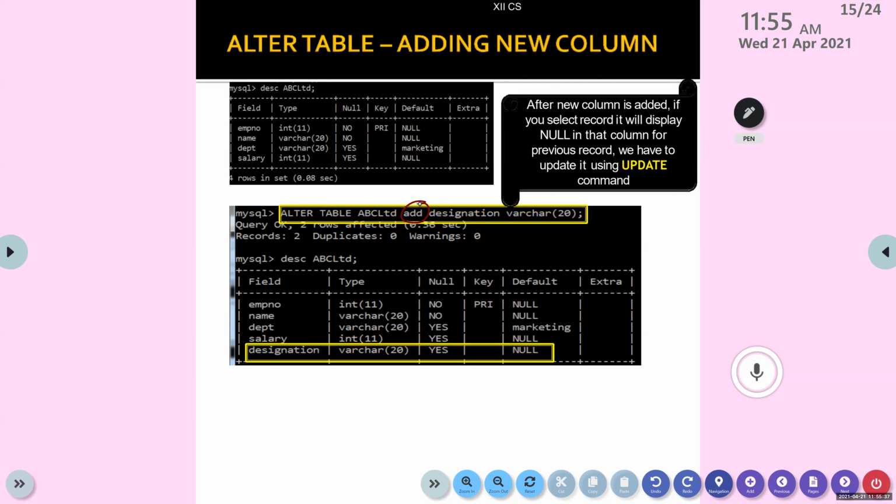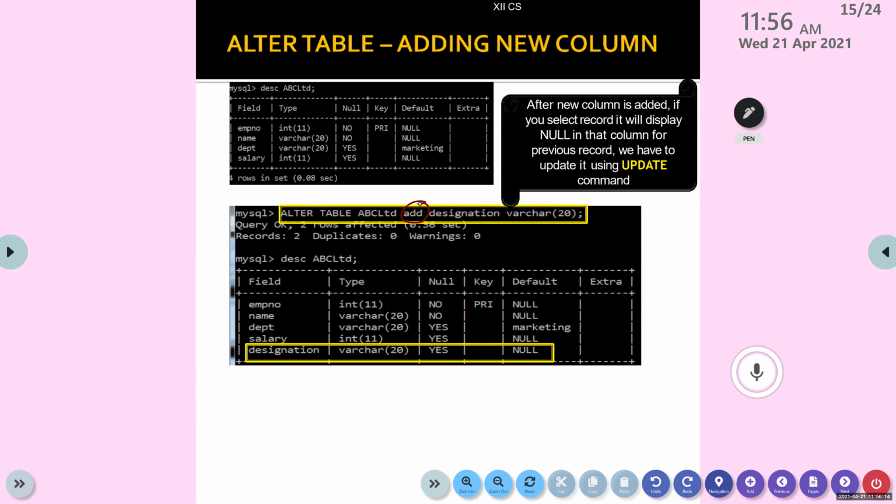The previous table was ABC Limited with PNO, name, DPT and salary. Later you found that you missed out the designation column. So you need to add a column. So what will you do? Alter table ABC Limited add designation varchar(20). That means add is the keyword that you have to use, then the new column name with a data type.